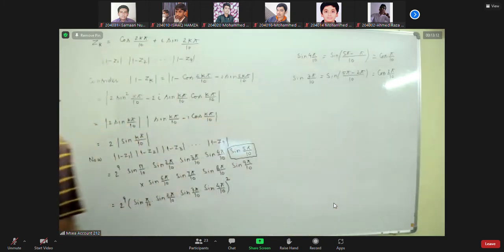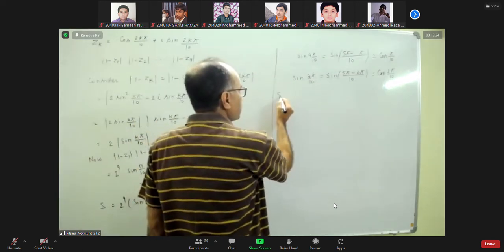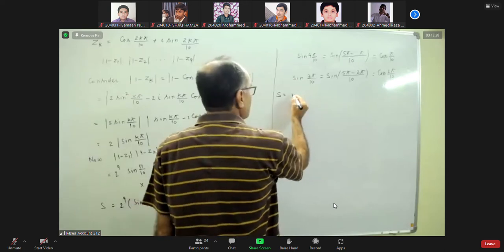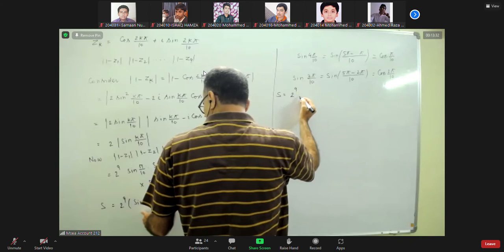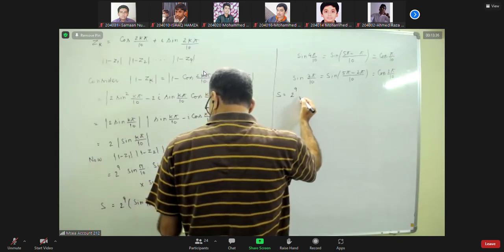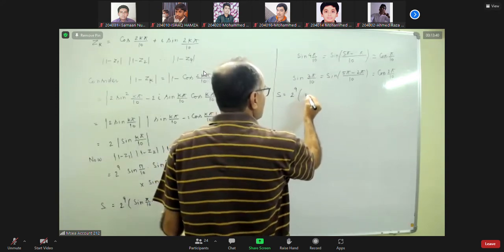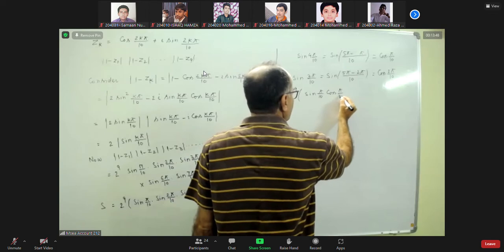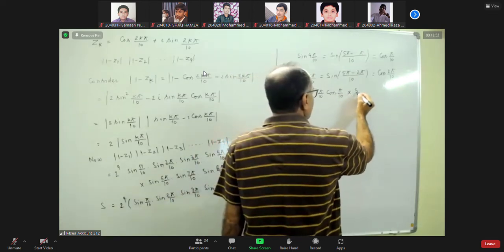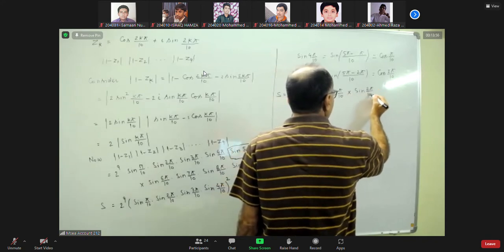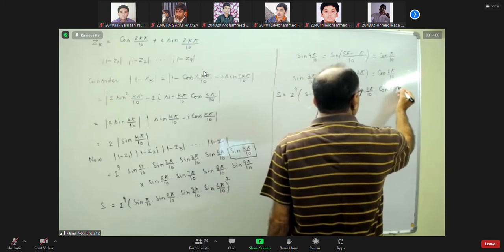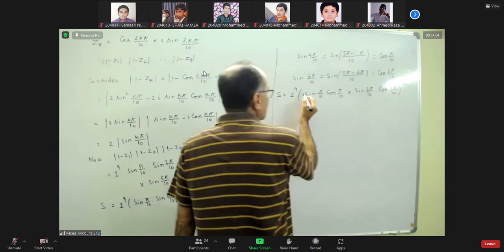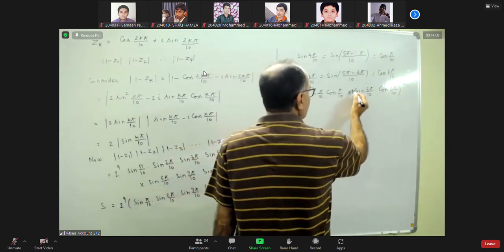So this value is, for this is, S equals 2 to the power 9 into sine pi by 10, cos pi by 10, into sine 2 pi by 10, cos 2 pi by 10, whole square. So here 2, here 2, 4,